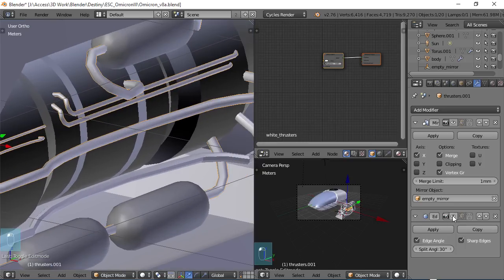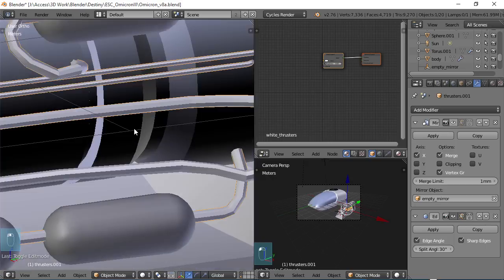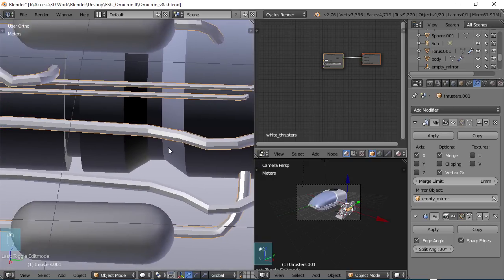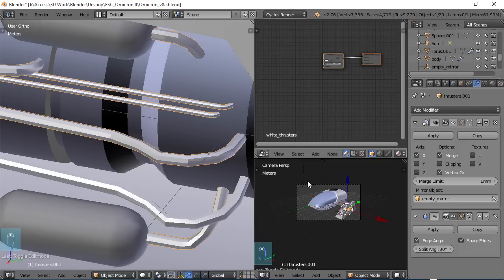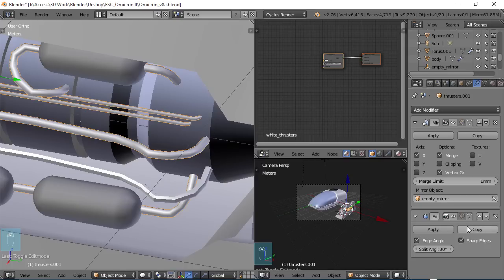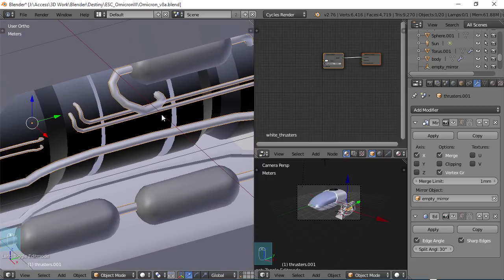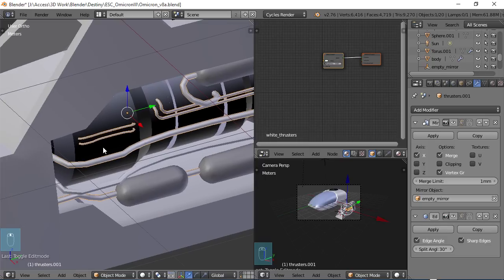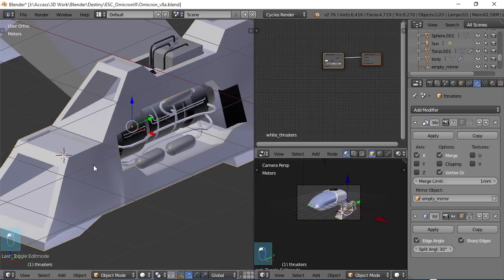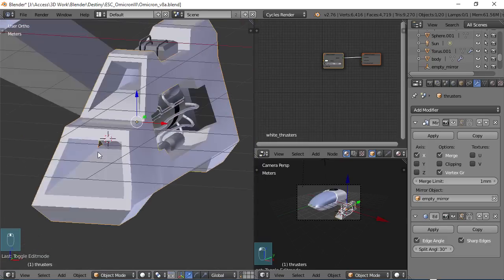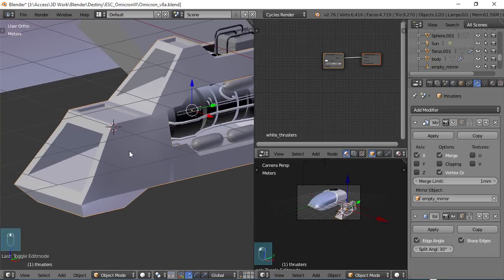So if I turn that back on, you can see, yeah, okay, there's all the edges. So I was like, why isn't this smooth? I got smooth turned on. Well, that was the edge split modifier doing exactly what it's supposed to do. So what I did is I want to turn off the edge split for these pipings, and for this piece I'm leaving it on, and the reason is